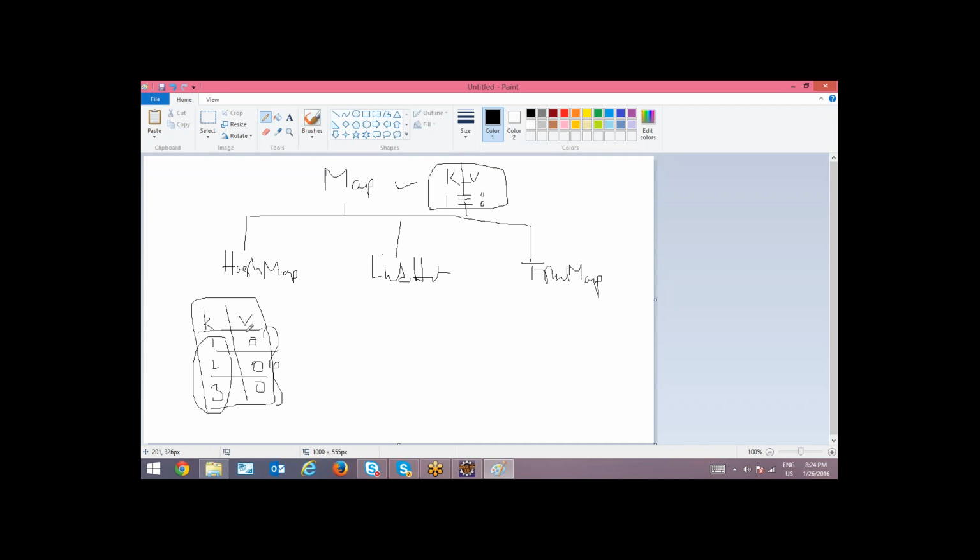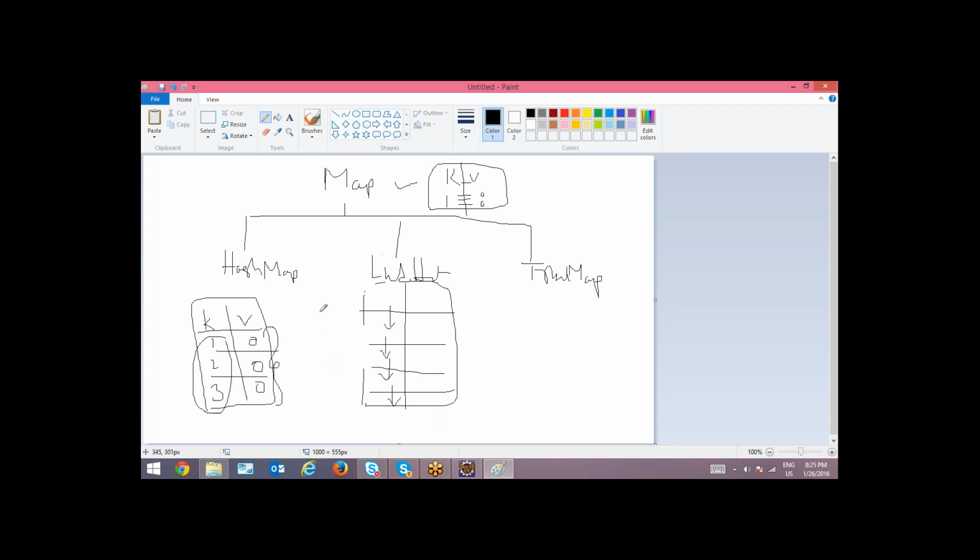Hash map internal storage is like an array. So whenever you add an element or remove an element, there will be a delay, so it will be slow. Linked hash map is also a map which stores the elements using the pointers concept. Because of these pointers, linked hash map is faster.